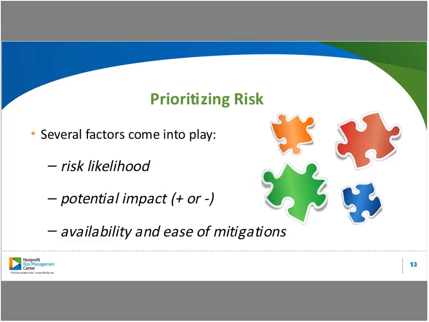So three that are really common and a lot of organizations really like to look at are the likelihood of the risk. So when you're thinking about what risks you really want to focus on as an organization, you want to know whether the risk is actually likely to occur. So something that may occur, has a very high likelihood of occurrence, should potentially be a bigger priority for your organization. But these three factors that I've listed here really work together. So if something is high on all these levels, then it may be your top priority or in the top range of priorities.